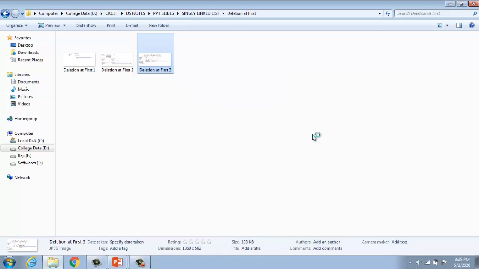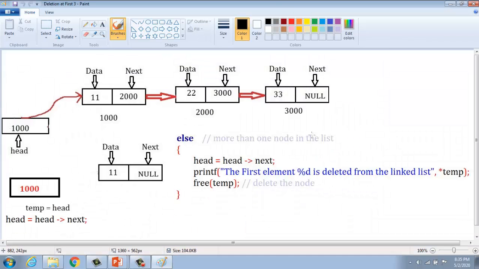And the third type of operation is, we have n number of elements present in the linked list. Okay, n number of elements means we have 3 elements present in the linked list. Each element has a data field 11, 22, 33, and then we have an address field for the first node 1000, second node 2000, third node 3000. My aim is to delete an element from the beginning. We have to delete this node from the beginning. Make changes in the head pointer. That is my aim.